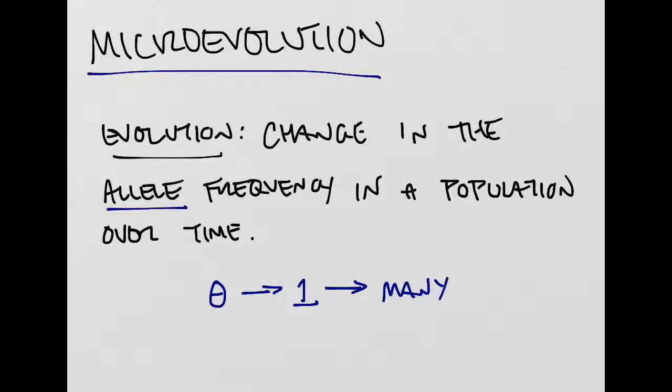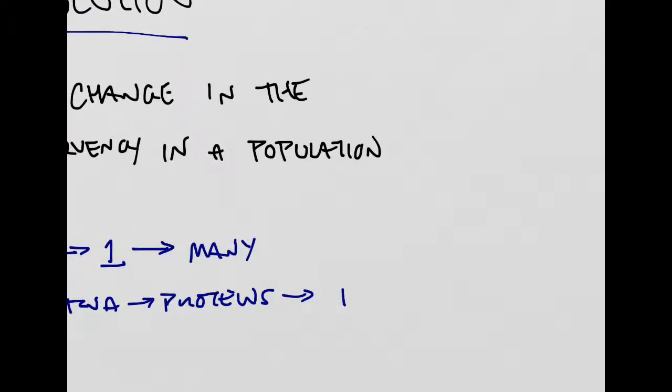Okay? Now, it doesn't make a difference if it's a dominant allele or a recessive allele, frankly. It's only if it's going to be something that's beneficial, then it'll actually start to become more prominent in the population. And clearly, an allele, don't forget, is a molecular form of a gene. And the gene, if we go back to this concept of our central dogma, our genes code for proteins, and ultimately those proteins are what are responsible for the way we look, our traits, as well as the things